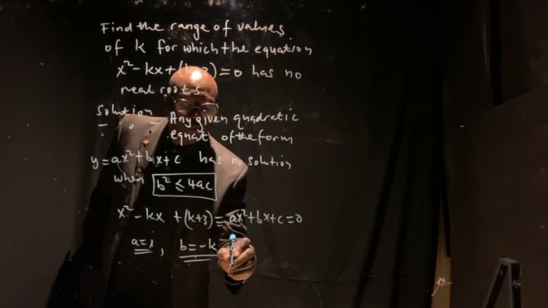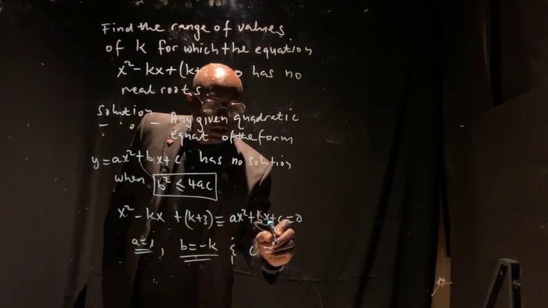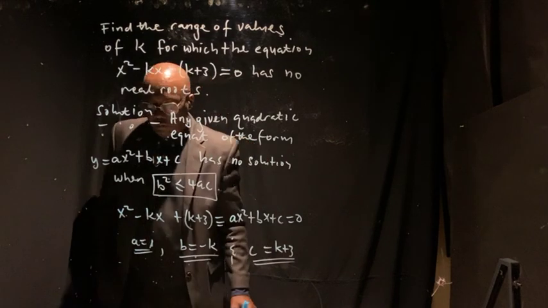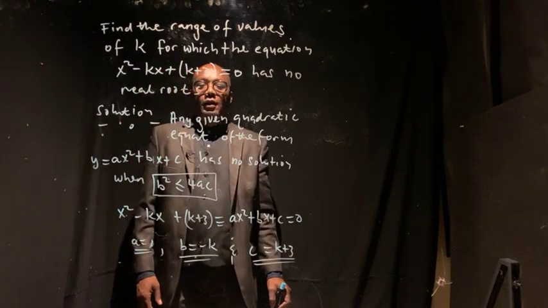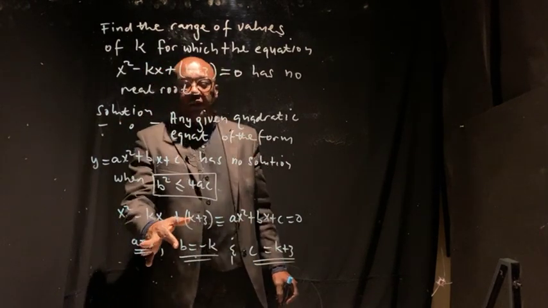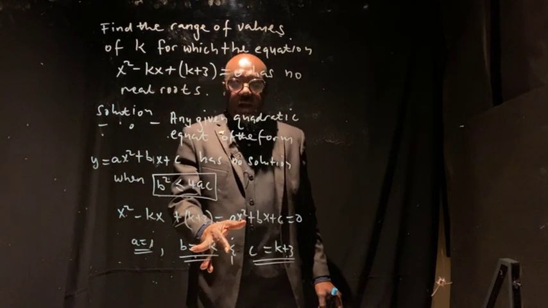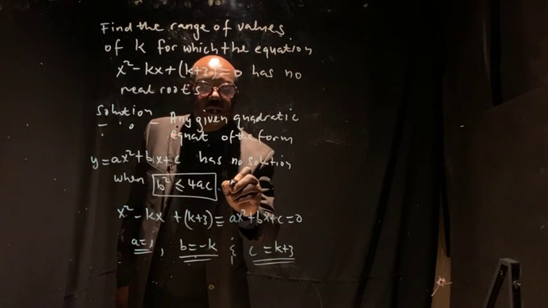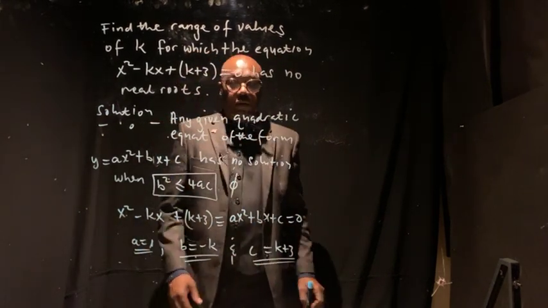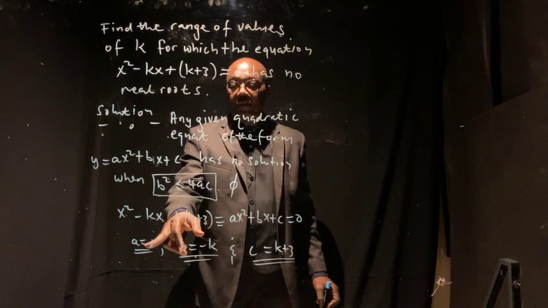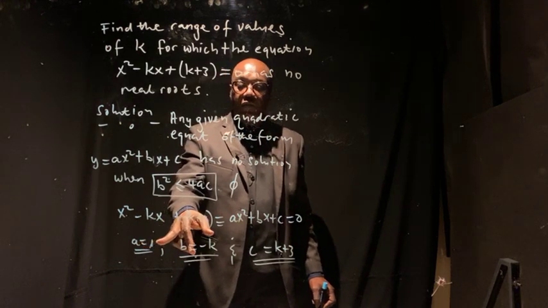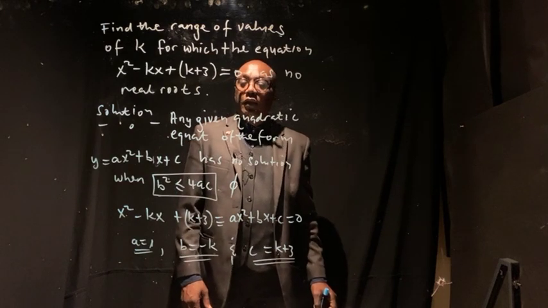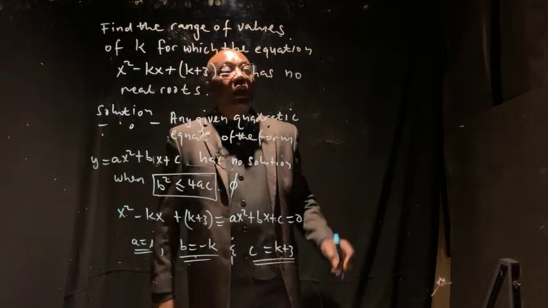And we have c equals k plus 3. Very good. This is some powerful beginning. Then, having got the value of a, the value of b, and the value of c, we can use this equation. Let me call it equation phi. We can use the equation phi and substitute the results of a, b, and c inside equation phi. And then we can see that equation phi now becomes